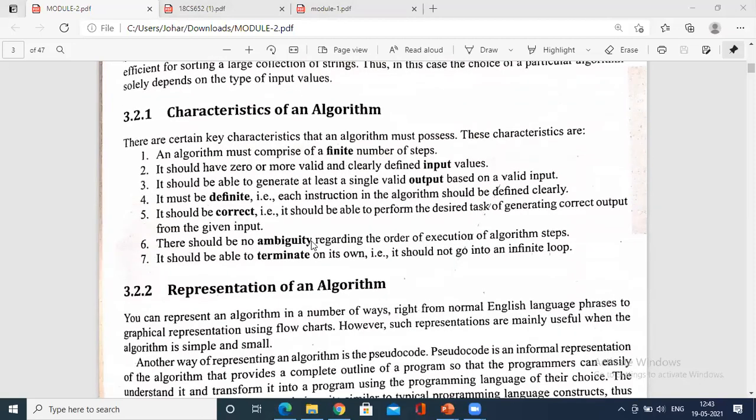There should not be ambiguity, right? Ambiguity in the sense, for a specific input there should be specific output. It is not that in an attempt of four executions, if you get different output for the same input, we say that there is an ambiguity with the program or the algorithm, right? So that is the meaning of ambiguity, I'm just clarifying.